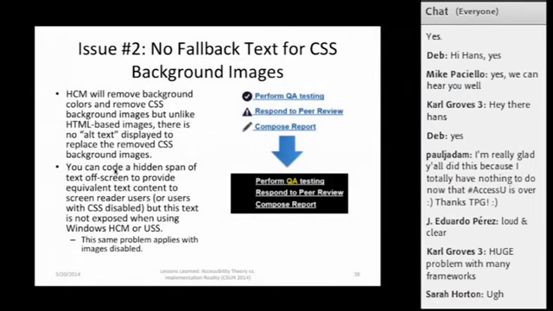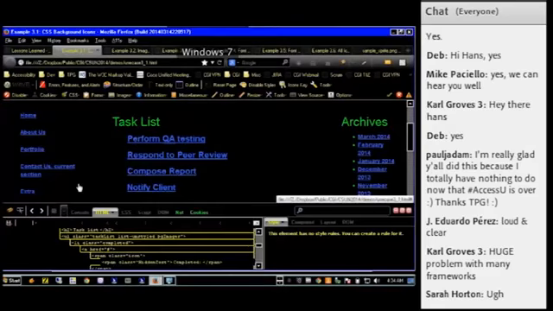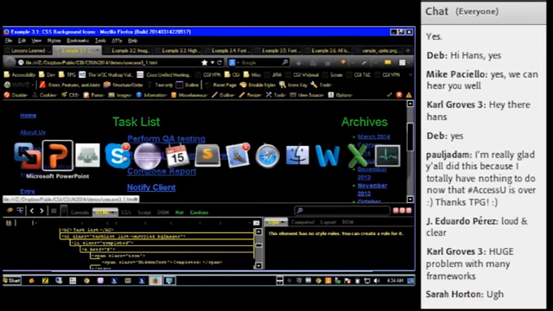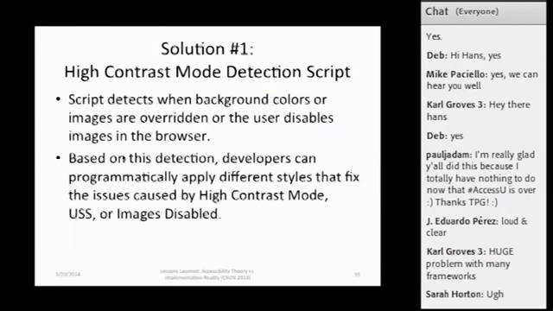If I were to turn off high contrast mode and refresh the page, it should say the opposite. So it does support high contrast background images now, and high contrast mode is off. So you can use that information to load things differently. For example, one thing that the script does is, when high contrast mode is detected, it will add a class name to the root HTML element. In this case, it's ui-helper-highcontrast. You can use that class name to change your CSS slightly.